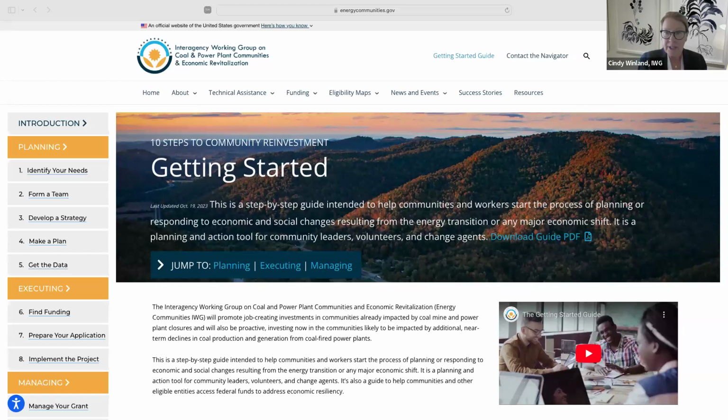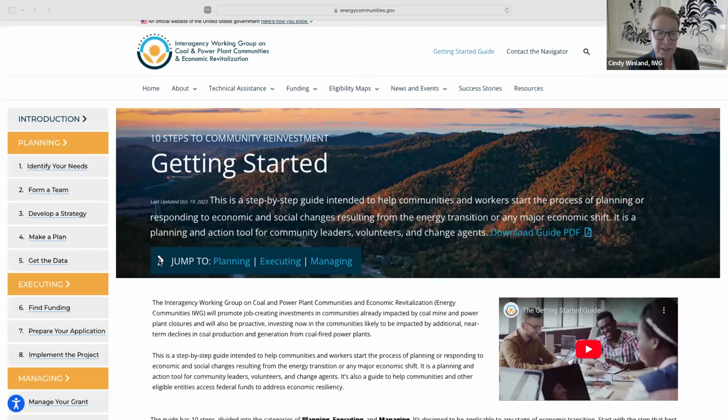The Energy Communities IWG website, as Brian mentioned, is just full of resources for funding, technical assistance, both competitive and free, and educational resources. So be sure to take a look around. And finally, there's a glossary, including acronyms, and we know those are pretty plentiful in the federal government. So let's walk around the document a bit, section by section, where I'll highlight different resources in the guide.